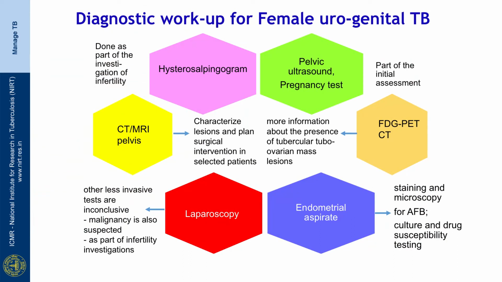Regarding female urogenital tract tuberculosis, this is again common in our country, but at the same time difficult to diagnose. As a part of initial assessment or as a part of investigation for infertility, the hysterosalpingogram may be done, and also the pelvic ultrasound and pregnancy test are commonly used. The CT MRI pelvis can help in characterizing the lesion, wherein even interventions and biopsy can be done. The FDG PET CT scan gives more information about the presence of tubercular tubo-ovarian masses,